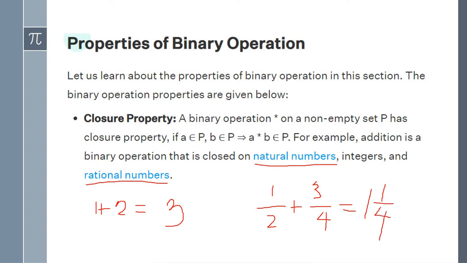So 1/2 is a rational number, 3/4 is a rational number, 1 and 1/4 is also a rational number. So naa siya tanan. Same thing with integer. So closed siya ang binary operation. Kaya naaraman gyud siya din ha. And that is very specific to addition. Moving on,